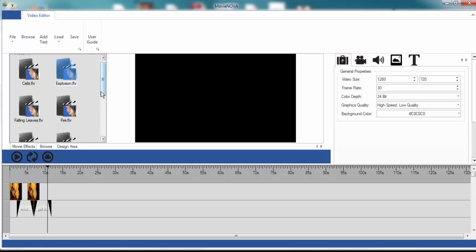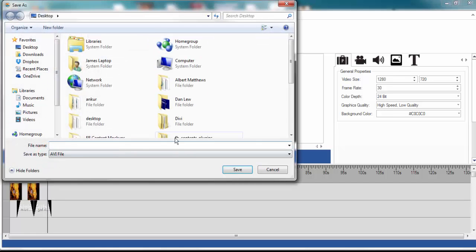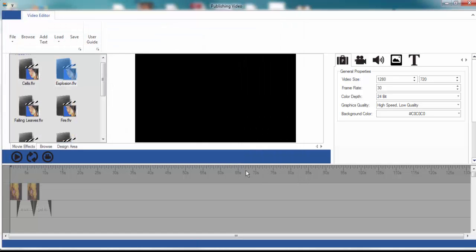There's a ton of things you can do with this software, but unfortunately I don't want to keep this video so long, so you can see all the features of this software on this page that you're viewing right now. But just to move on, let me go ahead and render this video. We're going to use the render video icon right here. We're going to click on that, and then we're going to name our file. So I'll name it, decide where we want to save it to, and I'm going to click on save.